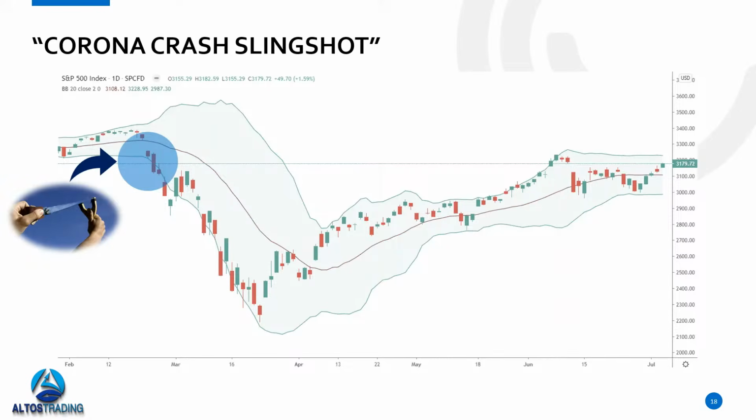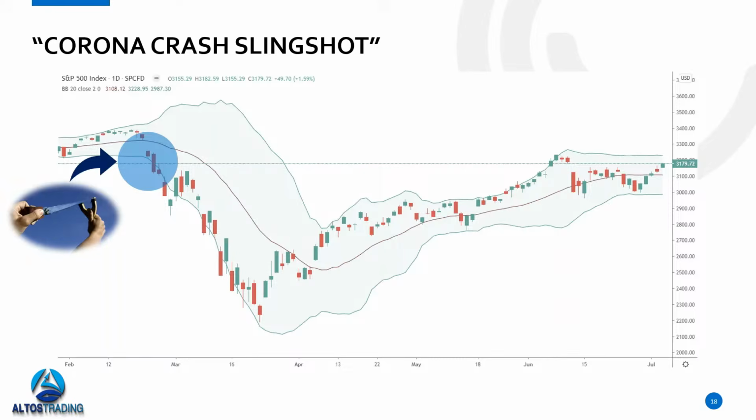So this is the point in that psychological curve where traders who were long, or maybe just started to get long, bought in near the market top, are starting to get fearful. They may be starting to lose some money or see some of their profits that they maybe previously had evaporate. So the first step is to look for that breach of the lower Bollinger Band. But something else has to happen simultaneously.